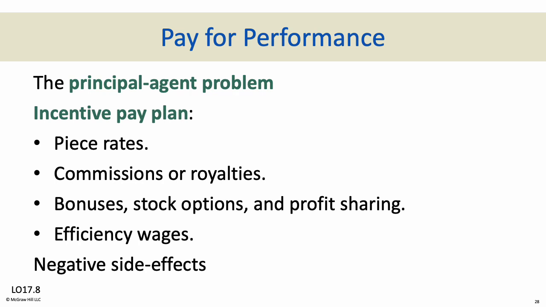What are efficiency wages? Efficiency wages seek to enhance worker efficiency or encourage workers to work harder. But they can have negative side effects. Piece rates can just encourage employees to slap out things as fast as possible with no quality control, so rapid production at the expense of product quality. Commissions, bonuses, stock options, and profit-sharing plans can encourage unethical behavior, and this happens a lot among employees in order to increase their own income at the expense of the firm.